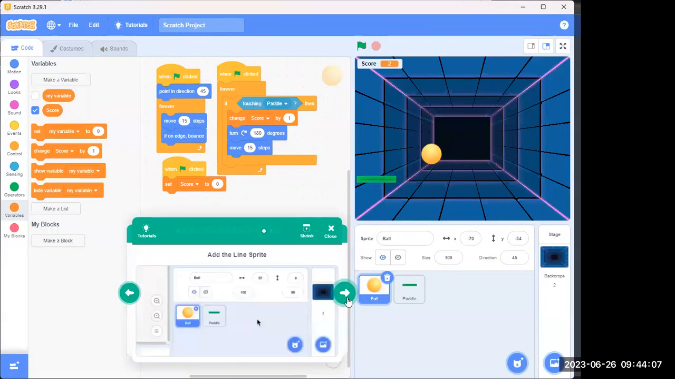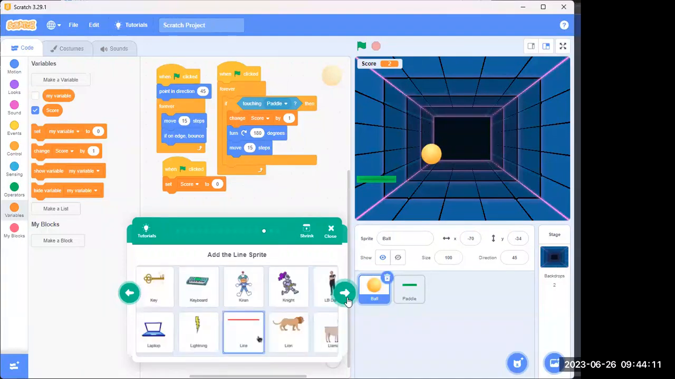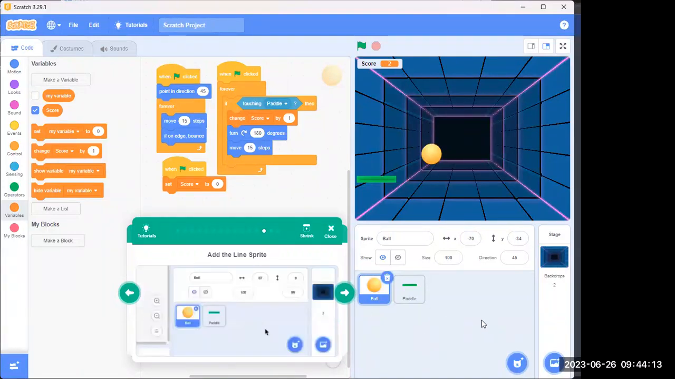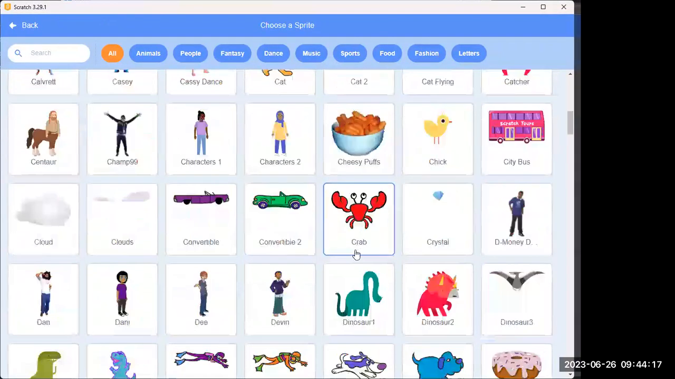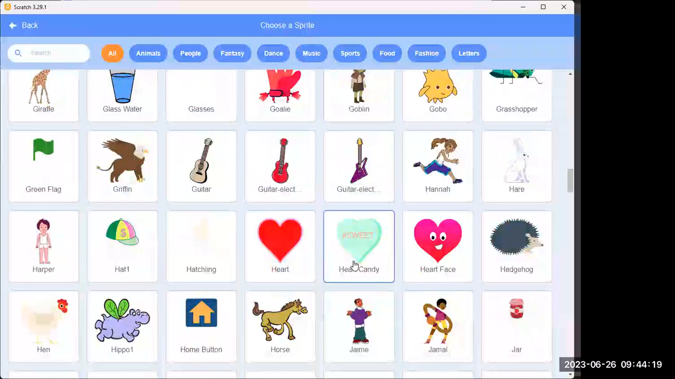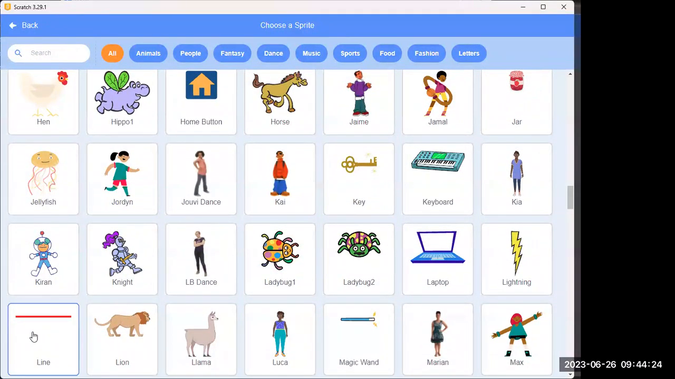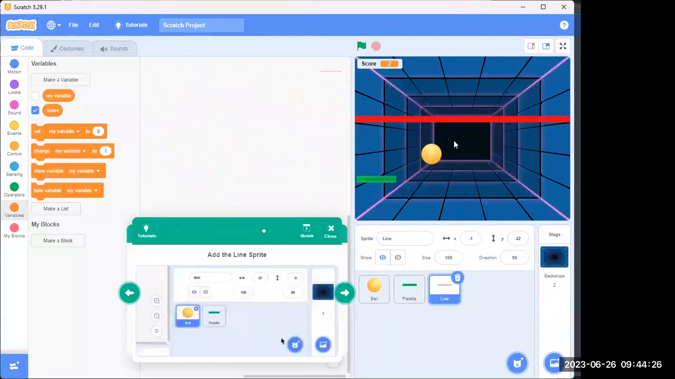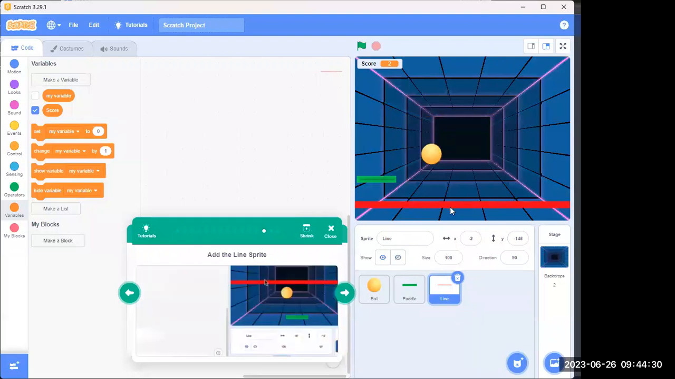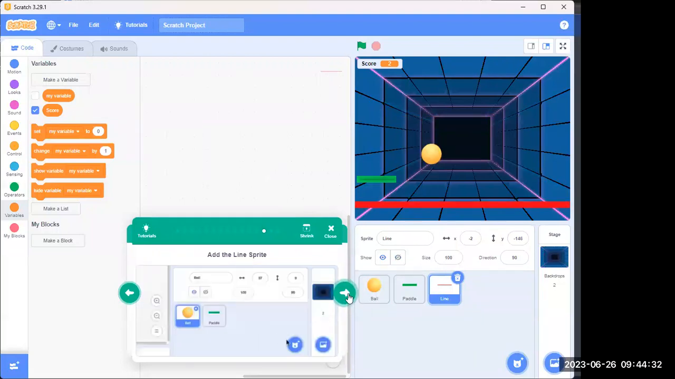Next step. It is asking to add a line also. Okay, red line inside a sprite, line. This is the red line. Click it. Put it at the bottom. This will be the area on which if your ball is going to touch, your game will be over. Next step,